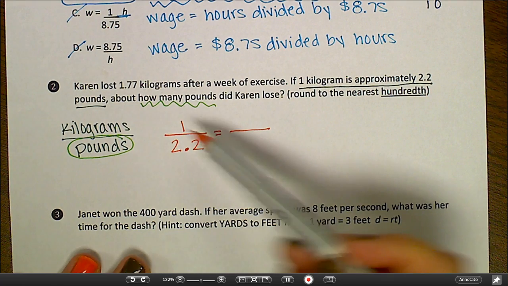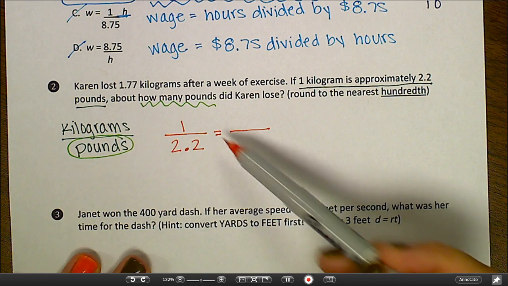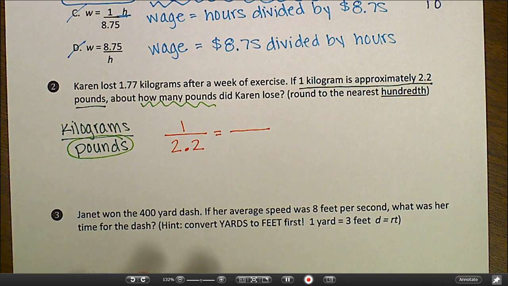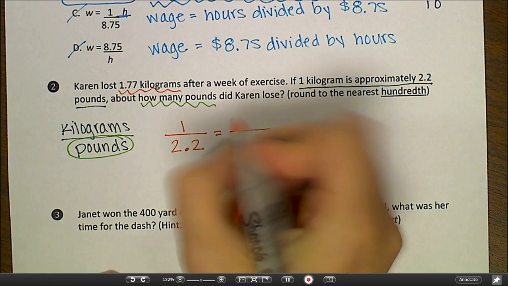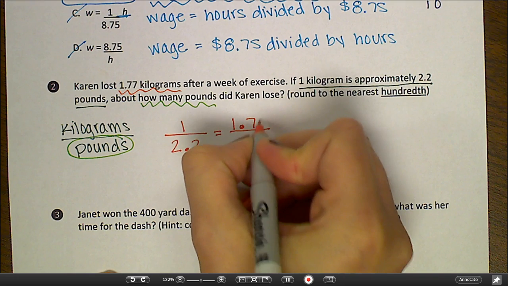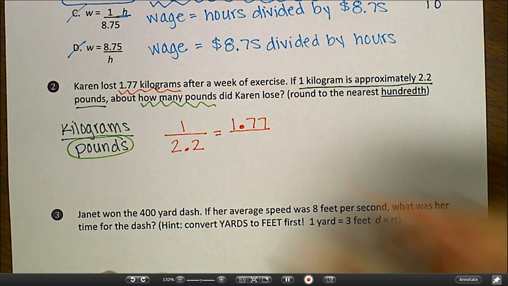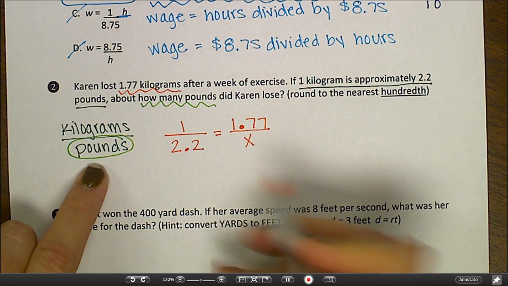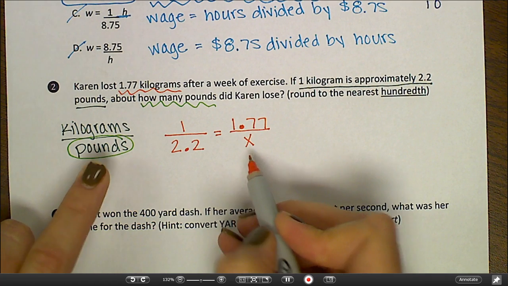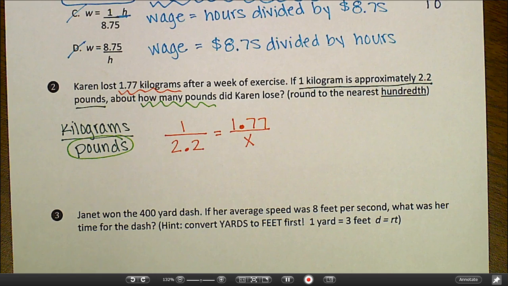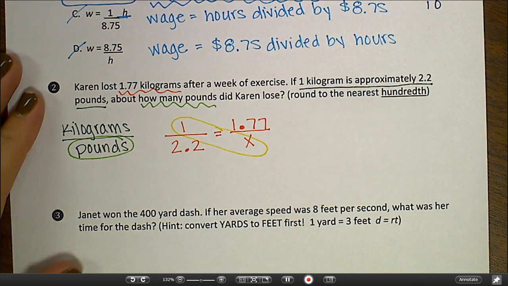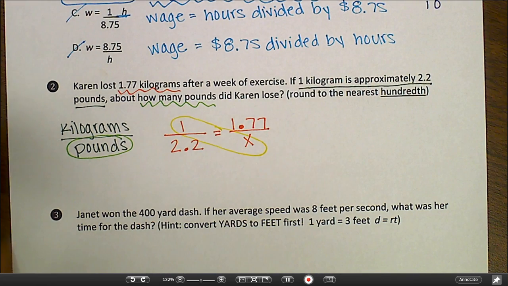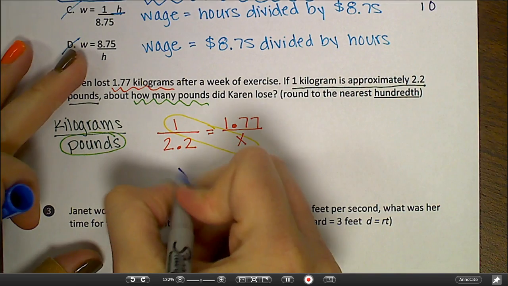Make sure that you're following what you did over here. We want to keep kilograms on top. Now, I know that I have 1.77 kilograms, so that's going to go on top here. And I'm looking for pounds, and of course I already know that that's going to go on bottom. X needs to be on bottom, so we are all set up here. So now all we need to do is cross multiply. 1 times x is 1x, or I can just say x,